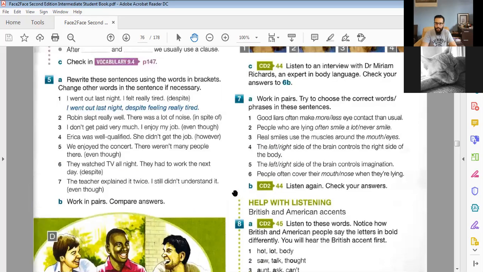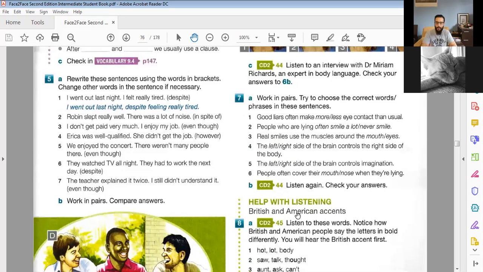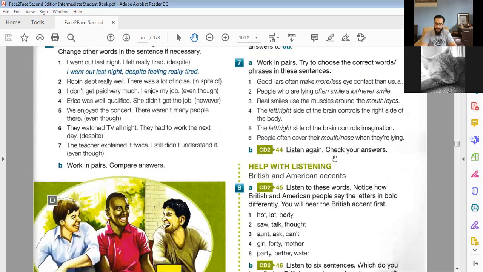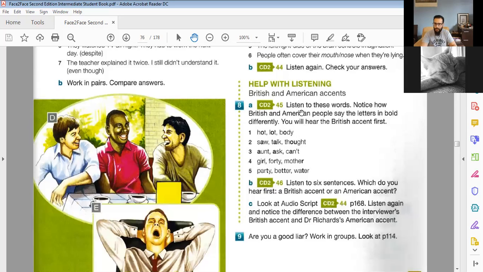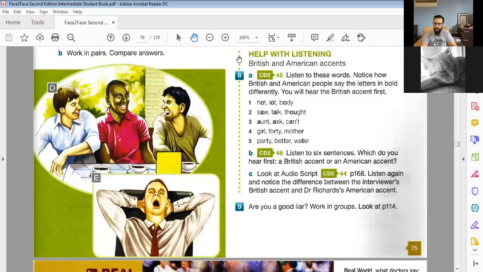All of them, of course, connect clauses, except for however, which is used more with sentences. We use it to connect sentences, but I think the idea is sort of clear. We did a few exercises about that. We also talked very briefly about differences between British and American accents.